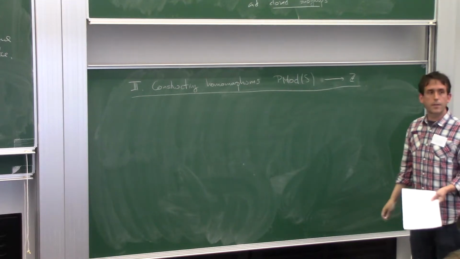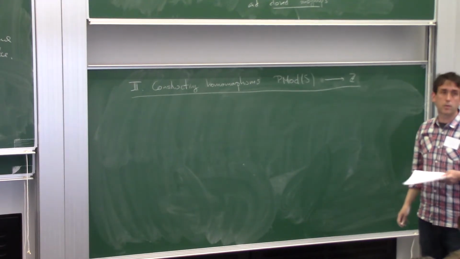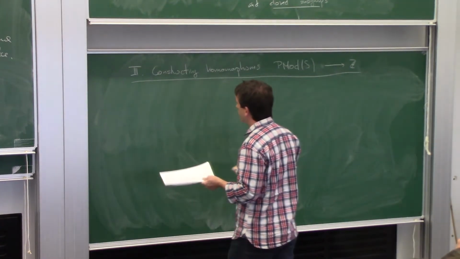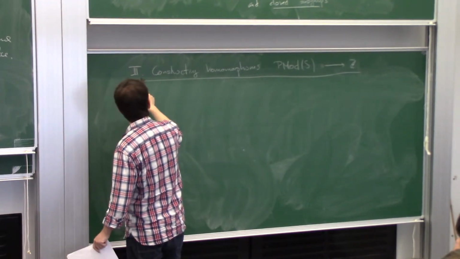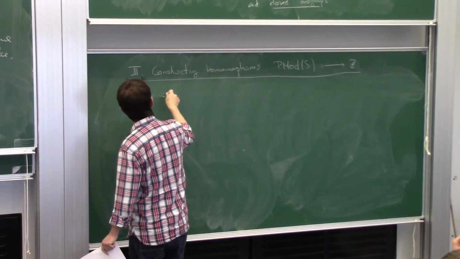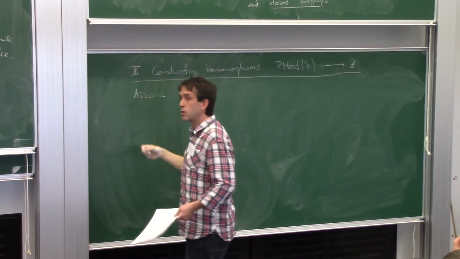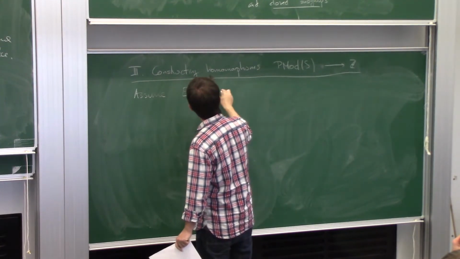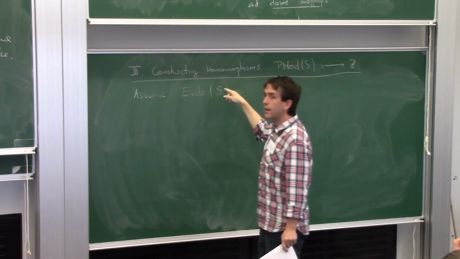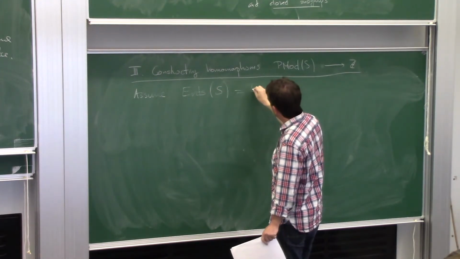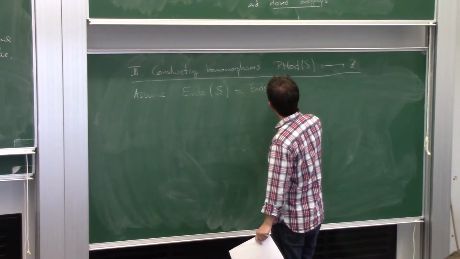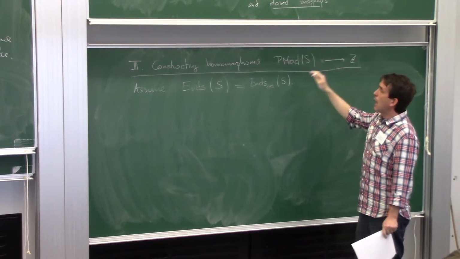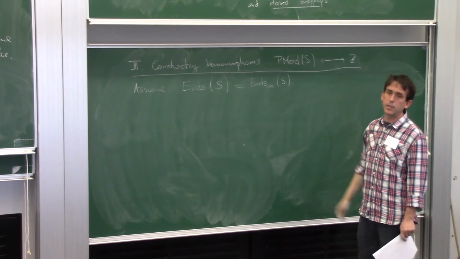So it's very instructive to learn how not to construct a homomorphism. Where is it going to fail? I'm going to assume, just because the notation is easier, that the surface has no puncture. A puncture is a planar end. So I'm going to assume that every end of my surface is accumulated by genus, just because it's easier to write things. This means in particular that the surface has infinite genus.